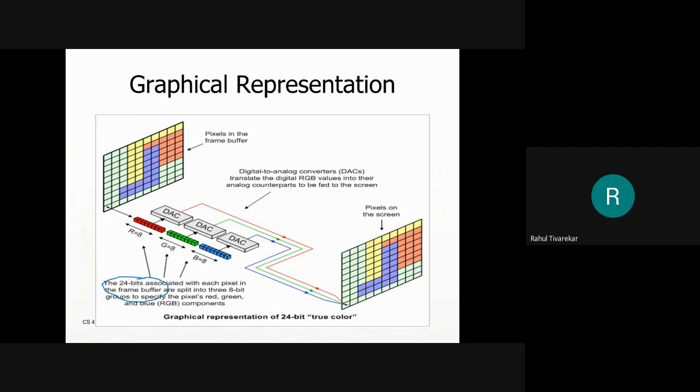So I hope you remember what I told you, that if I use a larger number of bits, the intensity levels can be more. If I use 8 bits to represent the data, then I can have 256 intensity levels. That means they vary from 0 to 255. These are the number of intensity levels, 0 to 255. Okay,